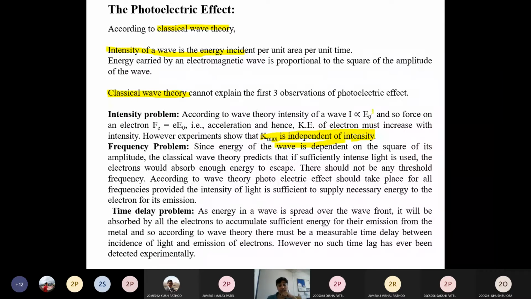तो मतलब कि जितनी एनर्जी आप इंक्रीज करोगे उतना ही ज्यादा इंटेंसिटी उसकी ज्यादा होगी. So that indicates F is equals to E into E0, that is acceleration. Acceleration on what? Acceleration on electron. So that indicates as you increase the energy, मतलब कि अगर आप frequency change करते हो तो frequency increase करते हो तो energy भी increase होगी. So that means intensity उसकी ज़्यादा हो रही है.